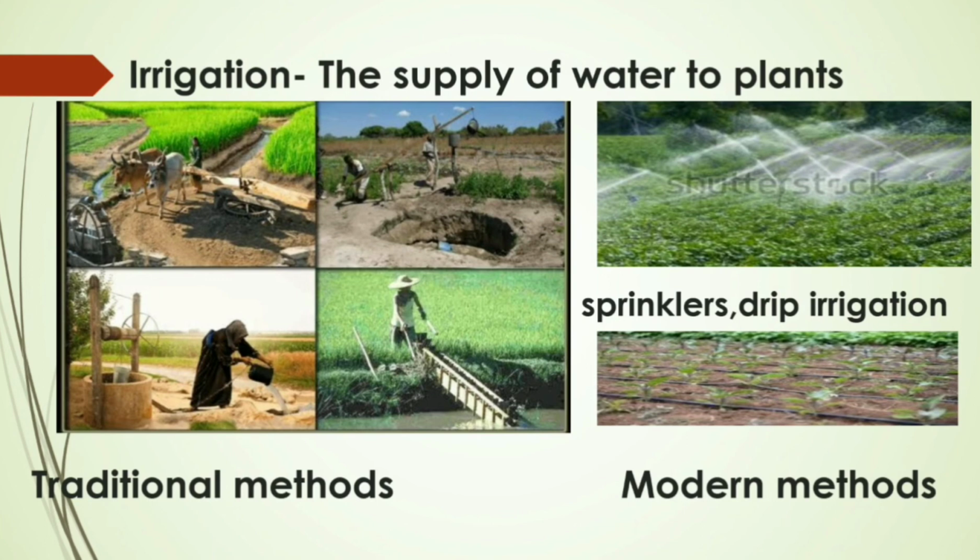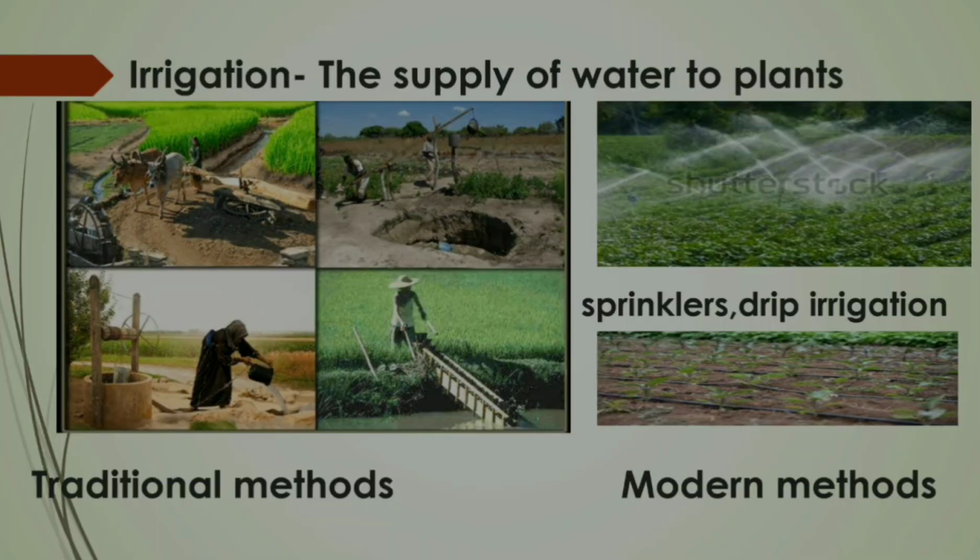Sometimes untimely rains and strong winds result in falling down of crops at the grain maturation stage, which is called lodging, which adversely affects the quality and yield of grains. So these are a few of the activities performed during the growing of crops, or we can say the production phase. Then once the crops are grown, we need certain activities to protect our crops, which we'll discuss in our next video.